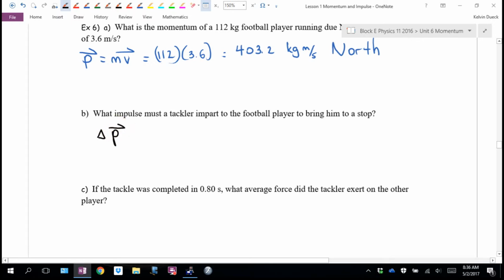Now, change in momentum, I said this impulse equation kind of has three equations in one. One of them, don't write this down, one of them said that change in momentum was equal to,